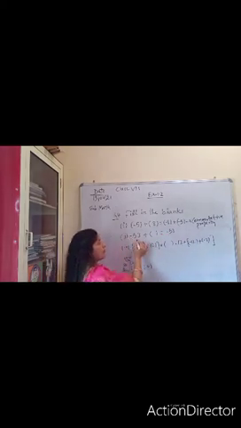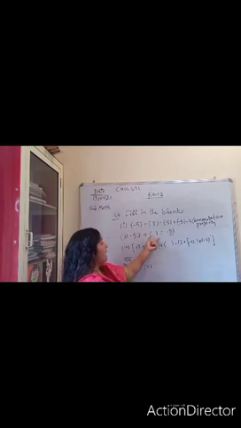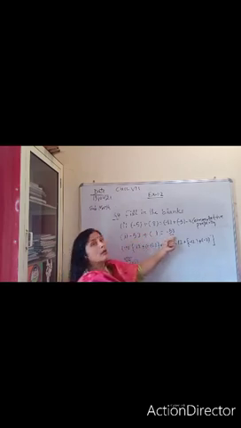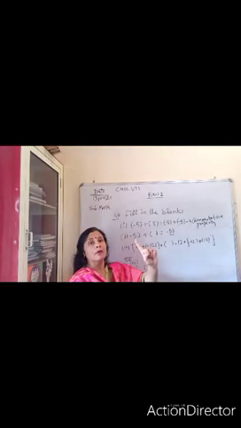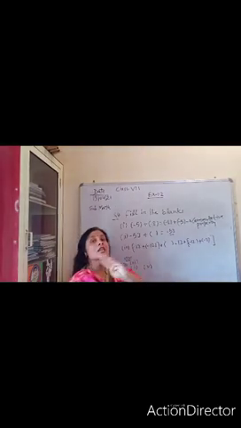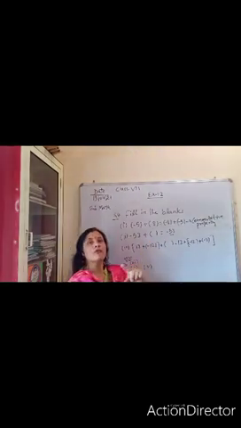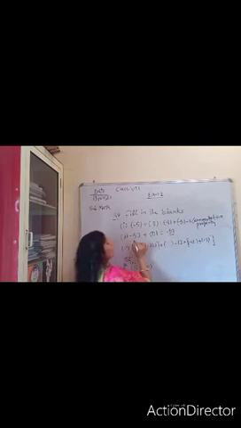Here is written -53 plus what should be in the bracket, and the answer is -53. Which number will you add so that your answer remains the same? There is only one number in our number system which does not affect the addition or subtraction of any number. If we add 0 here, is there any change in our answer? No, there will be no change. So the answer will remain that one number always.